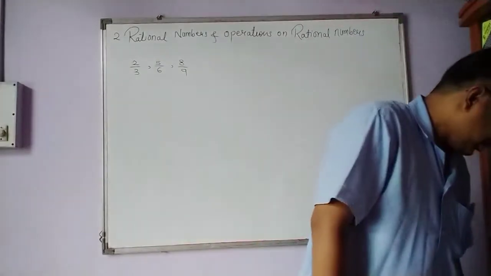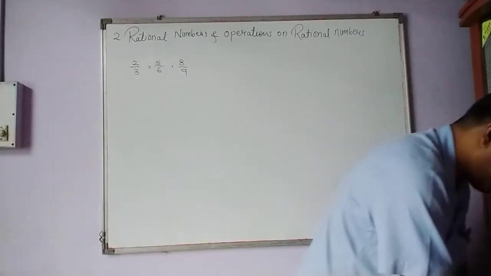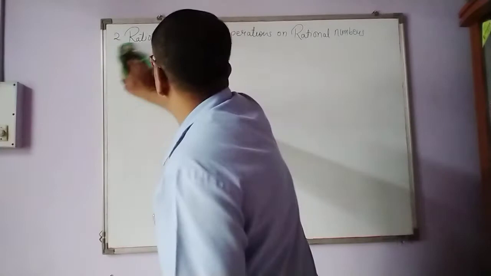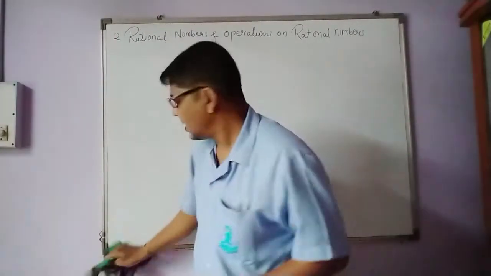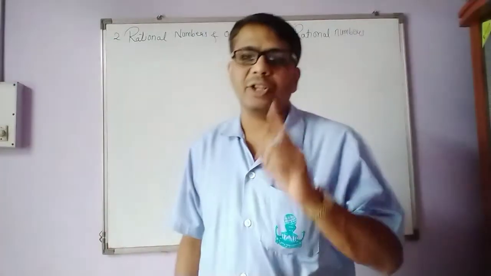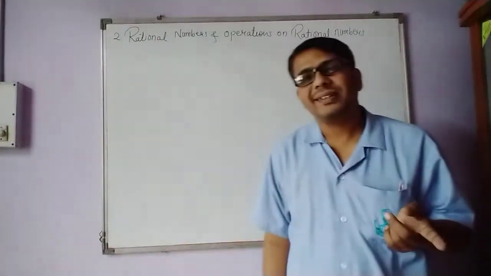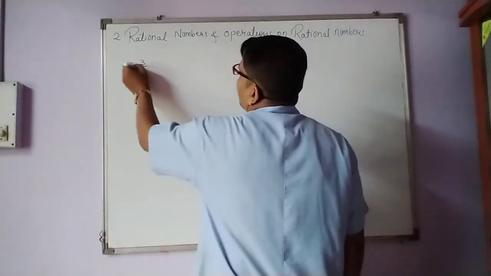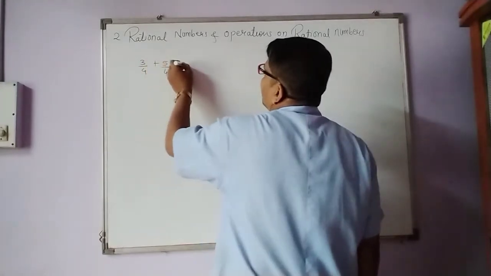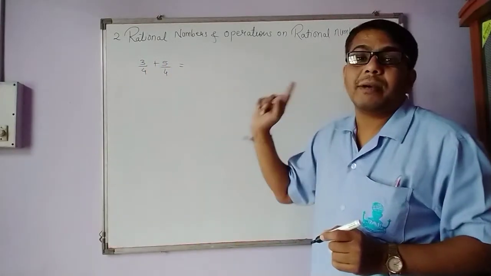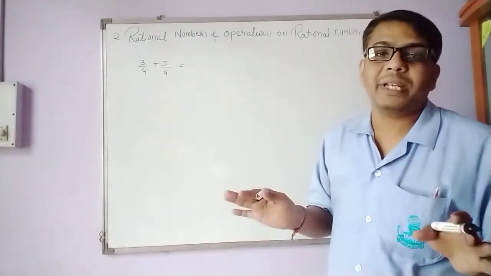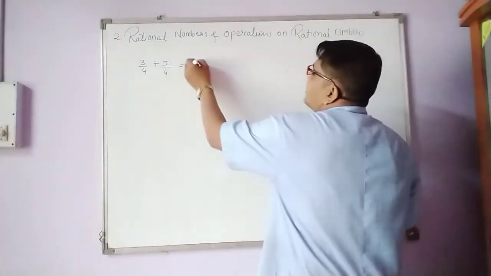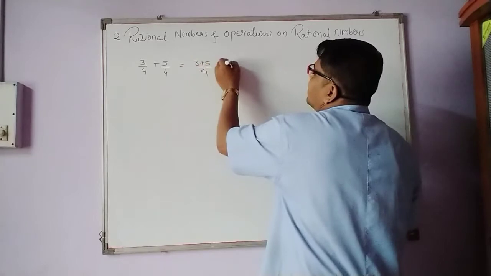Okay. Now, after that, we are going to move to the next part. That is addition of rational numbers. While adding rational numbers, keep this in mind, the denominators have to be same. If they are not, we have to equalize them. Okay. So, for example, if they are same, 3 upon 4 plus 5 upon 4. So, what can I do? Just add the numerators. Nothing to be done with the denominators, because here the denominators are same. So 3 plus 5 upon 4, that is 8 upon 4.